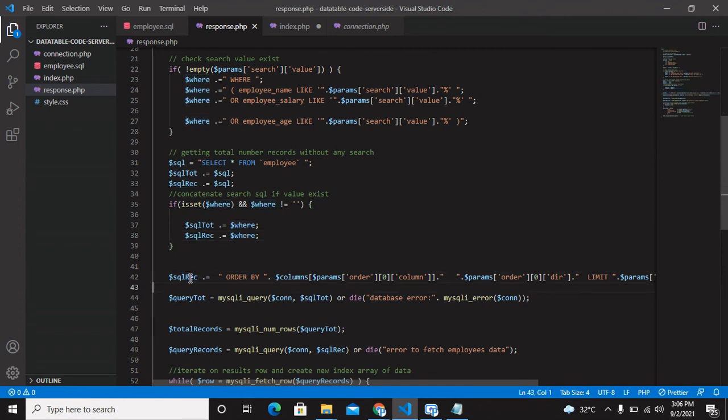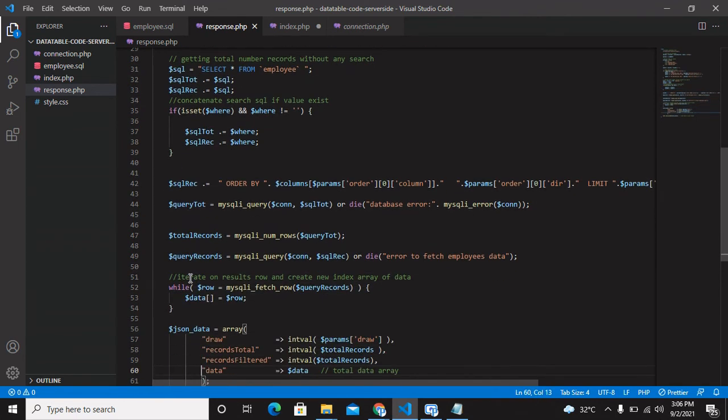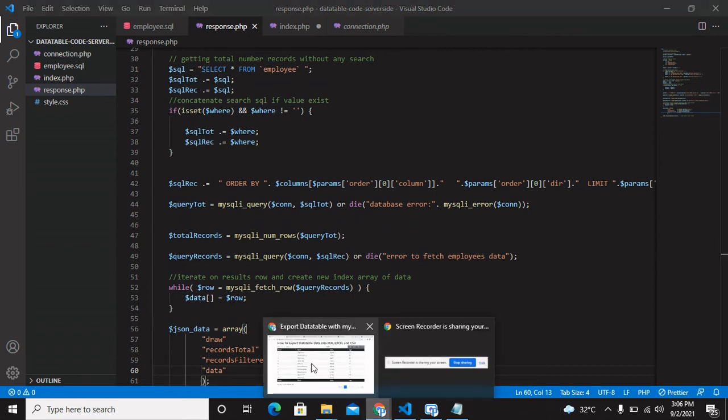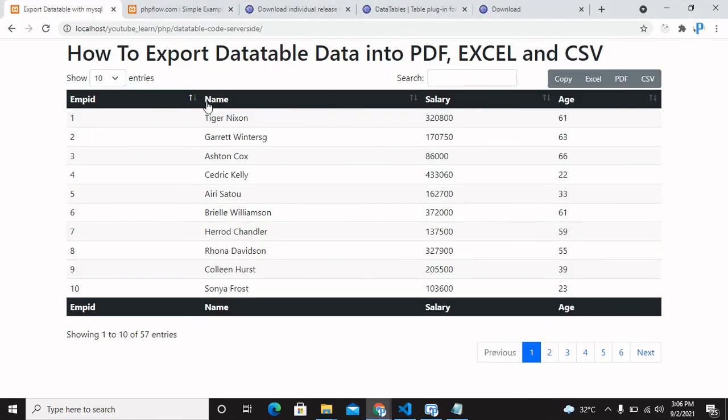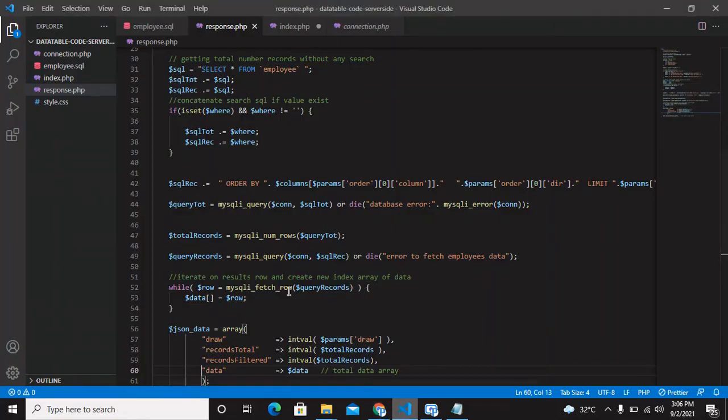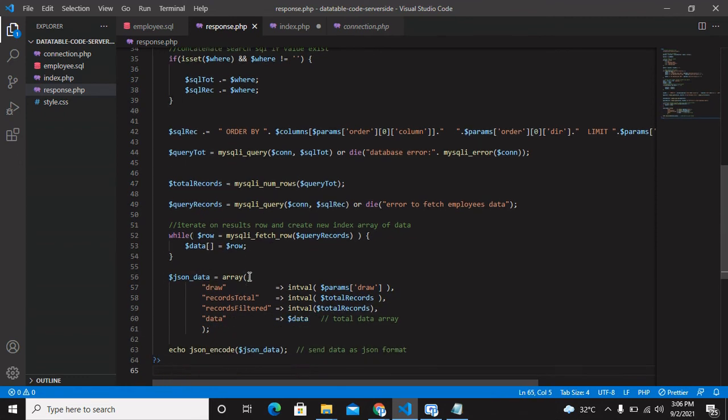Now we have added the order by to the SQL record query, like when the user clicks an order by column, for example ordering alphabetically by name. This is the parameter passed from the front end to the back end to return the data based on the filter criteria. Now we have passed the MySQL fetch row query with the record parameter, iterated on the rows and stored the values into the data.